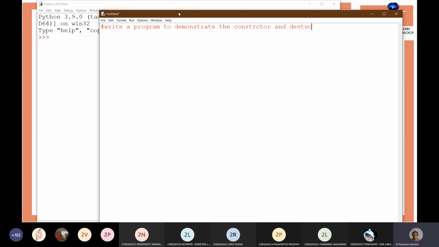You need to show an example to give the execution of constructor and destructor.